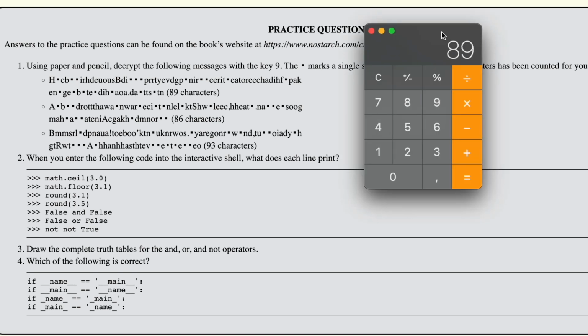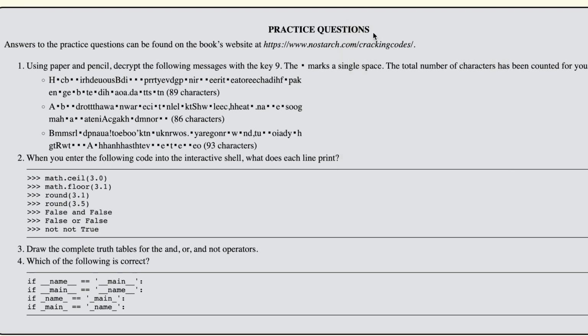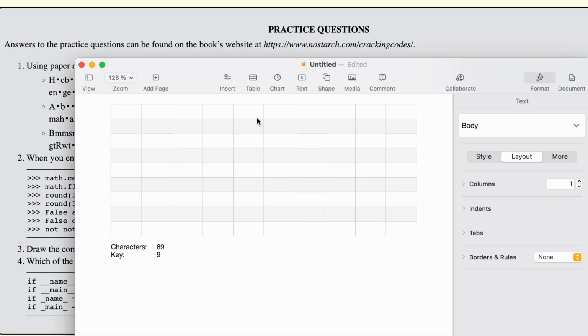So let's do that. Let's take the number 89, the number of characters. Let's divide it by 9, and we can see we get back a value of 9.88 and so on and so forth. So that should be rounded up to 10. So therefore we need 10 columns and 9 rows because the number of rows is always equal to the number of keys. So we can create such a table with 10 columns and 9 rows,